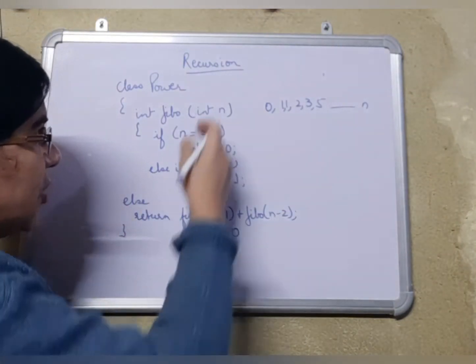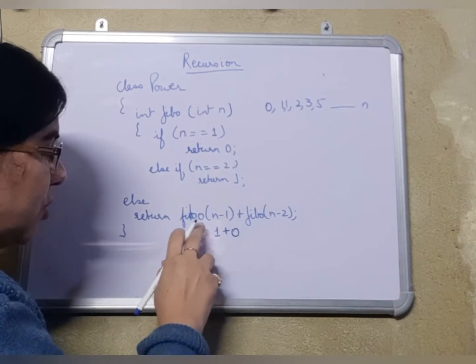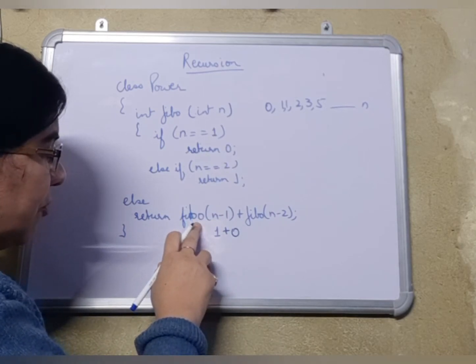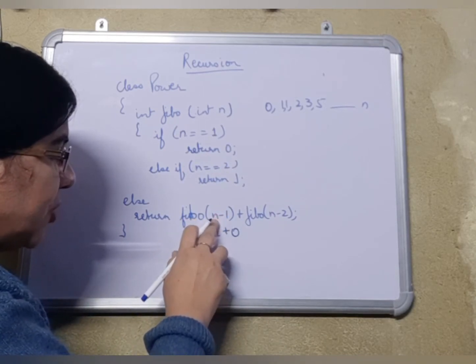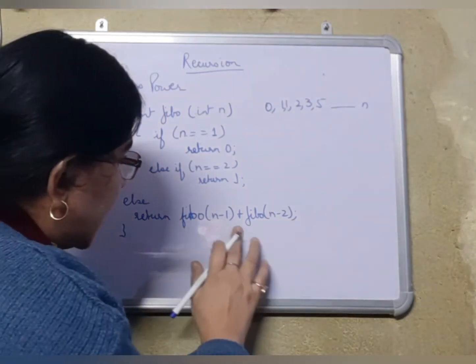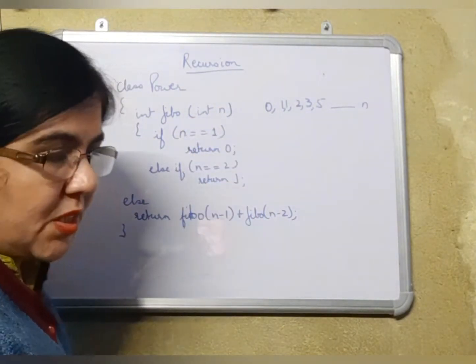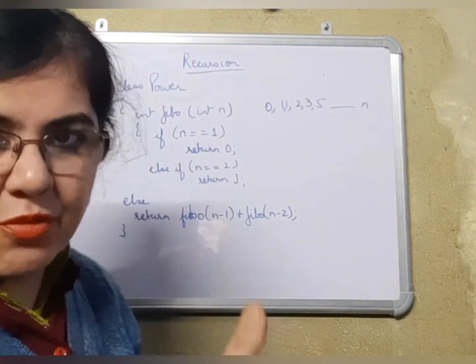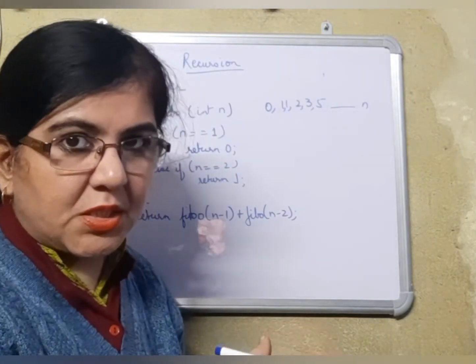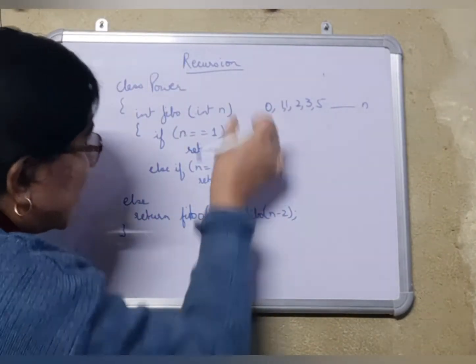If suppose 4 is being received over here, 4 is not 1, 4 is not 2. Fibo will call itself and n minus 1 means 4 minus 1 is what? 3. Now 3 is not present in any of the cases. And for 3 presently we have already generated 1 as an answer, as I told you. So it will be doing what? It will send 3 over here.